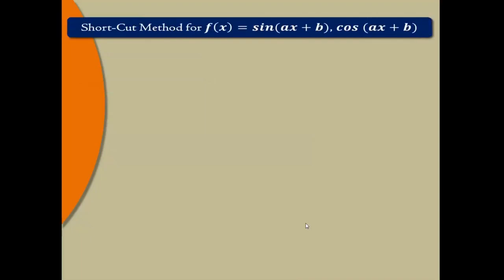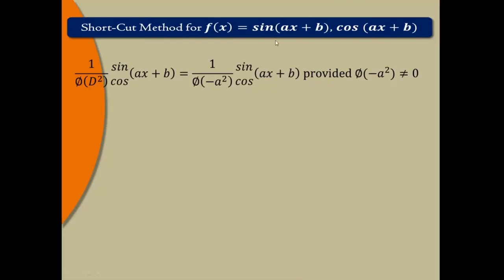Okay, so the second special function in the shortcut method is sin(ax + b) or cos(ax + b). Now, in the first shortcut method, we have e raised to ax. Now, if we have a sine or cos term, then how to use this method? Wherever there is a D square while finding yp, and sin(ax + b) or cos(ax + b) is there, then wherever there is a D square, replace it by minus a square. We just have to do the substitution.